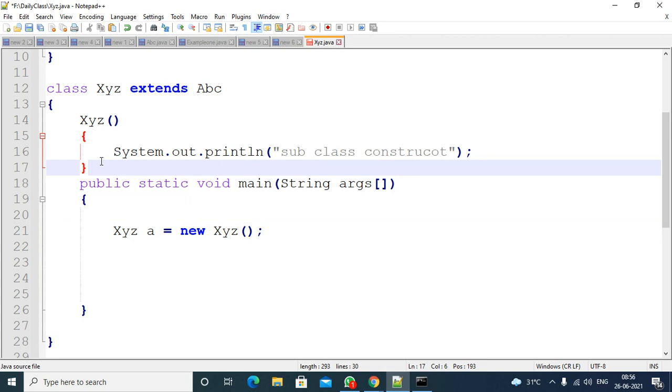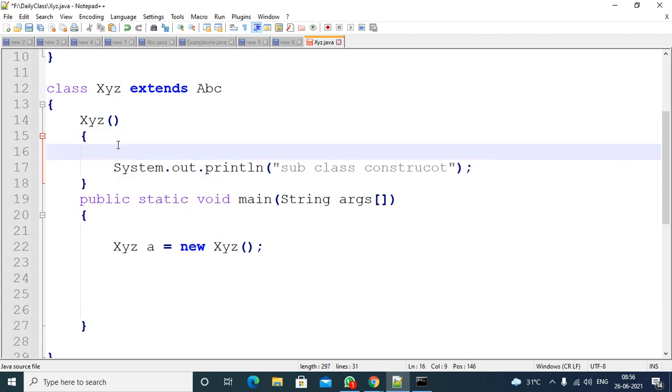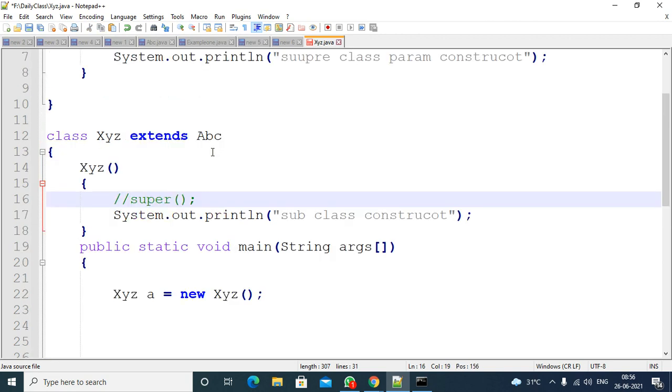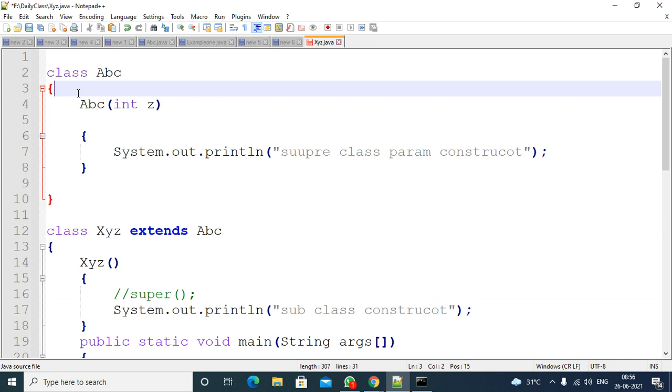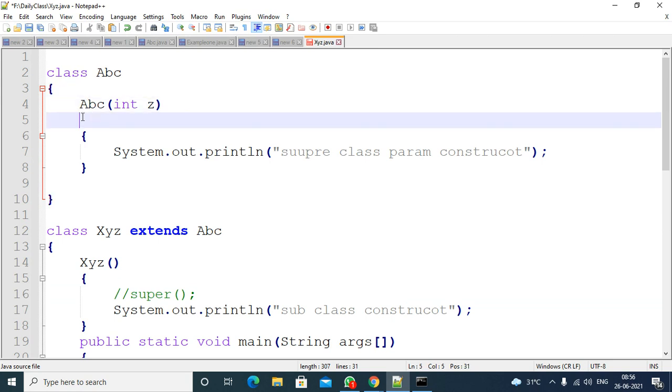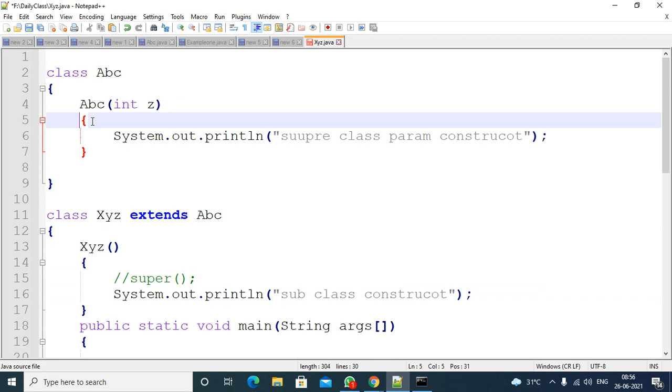From this constructor, if you are not writing any super keyword here, the compiler will add super, right? The compiler will add this line of code. So whenever it tries to execute this line of code, it will verify whether there is any constructor without parameters. Here you don't have a constructor without parameters.